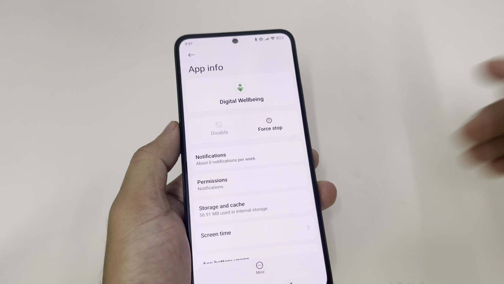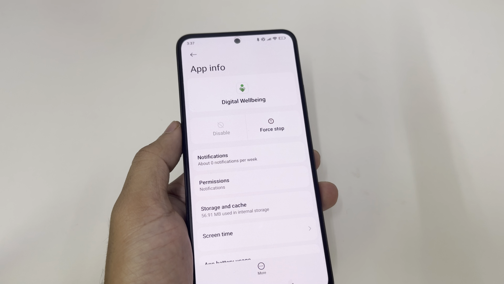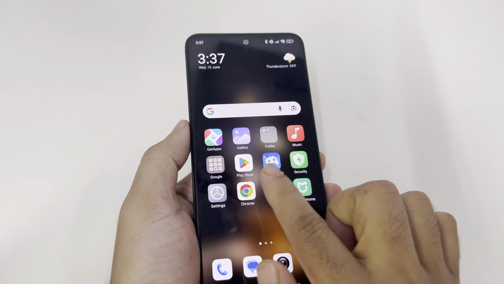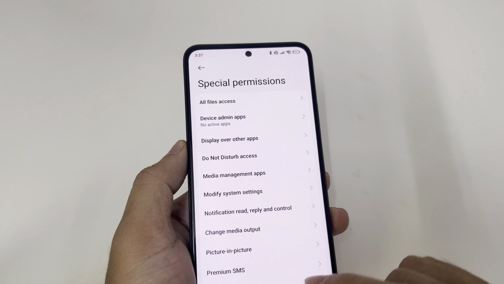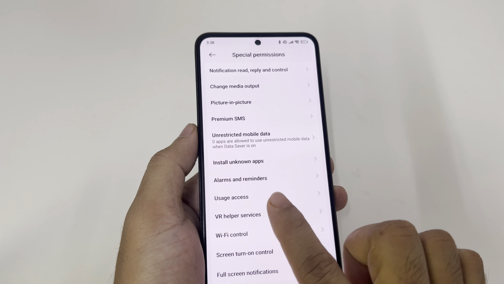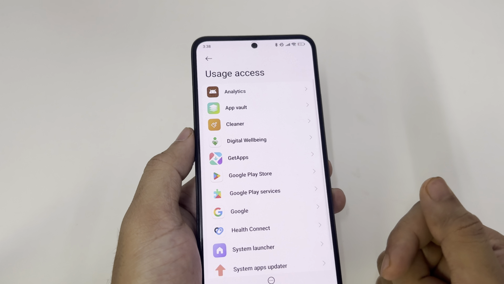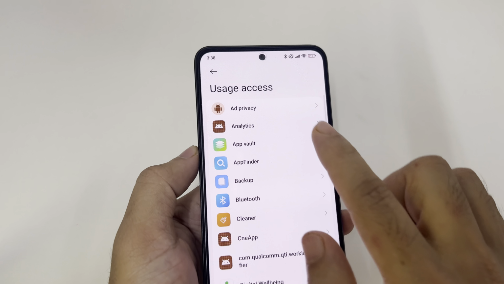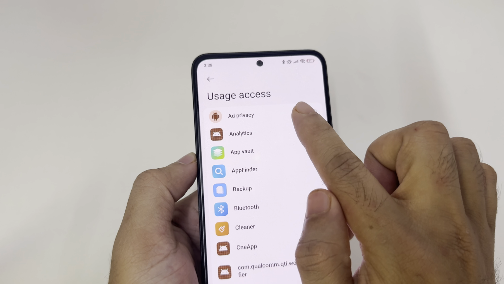So if you want to stop them, what you need to do is go back and simply open your phone settings. Go to the search bar and type here "special". Right now you can find the option "Special permissions". Simply select it. After selecting, you just need to scroll down and you can find the option "Usage access". Simply select it. Right now select "Show system" and here you can see there is an option